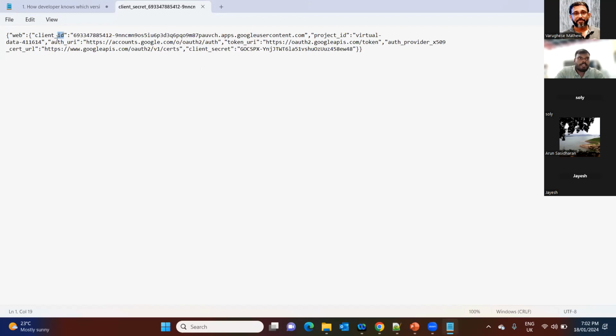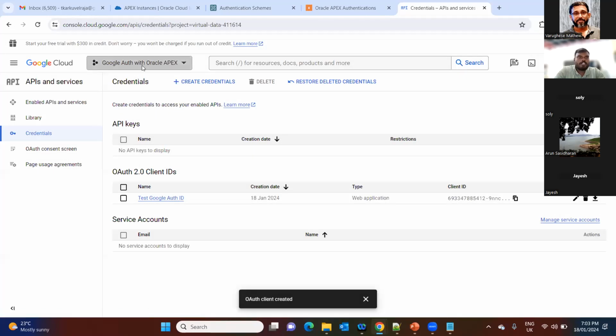See, my client ID is this, and this is my project ID. This is the auth URL, and this is the token URL. So we need only the client ID and client secret. We have got both, right? Fine. So now it's our responsibility to give the